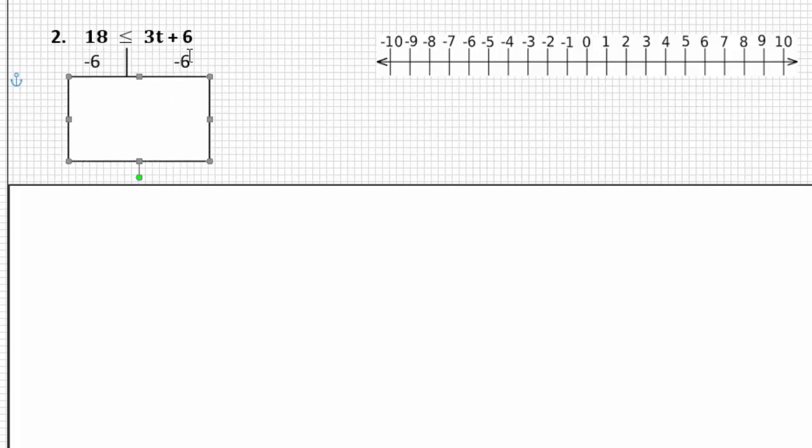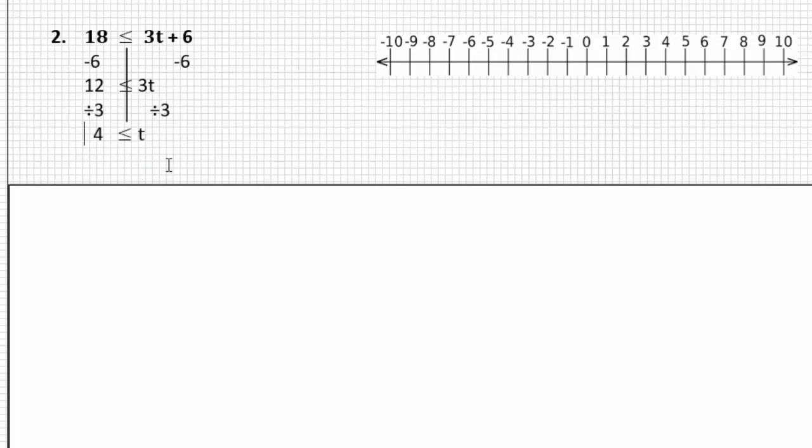Well, first, we would subtract 6 from both sides to get 3t by itself. And if we do that, on the left, 18 minus 6 is 12. So 12 is less than or equal to 3t. Since t is being multiplied by 3, we're going to divide both sides by 3. 12 divided by 3 is 4. 3t divided by 3 is just t, so we end up with the statement that 4 is less than or